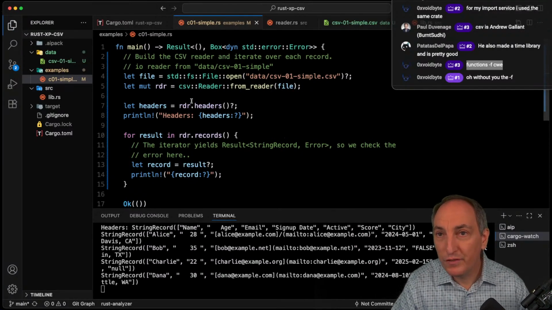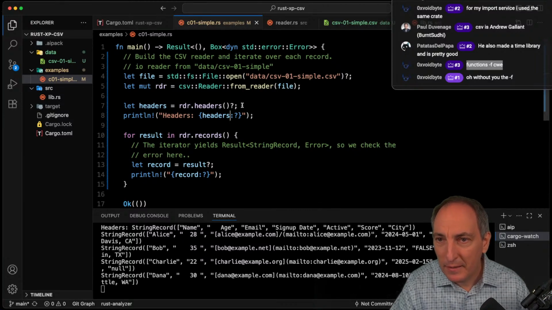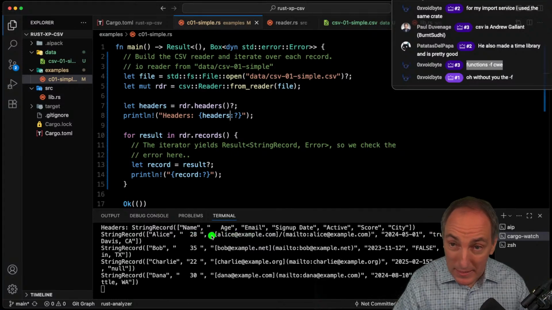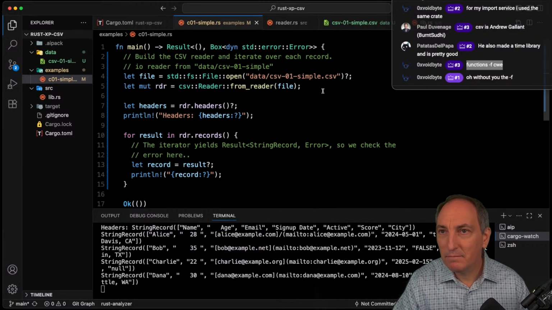I'm going to remove the inlays. Sorry, sometimes I keep them. And now if I go, I have the headers, name, age, and we see that the age here, there's no magic, it's giving me the whole thing. Now I think there's something somewhere